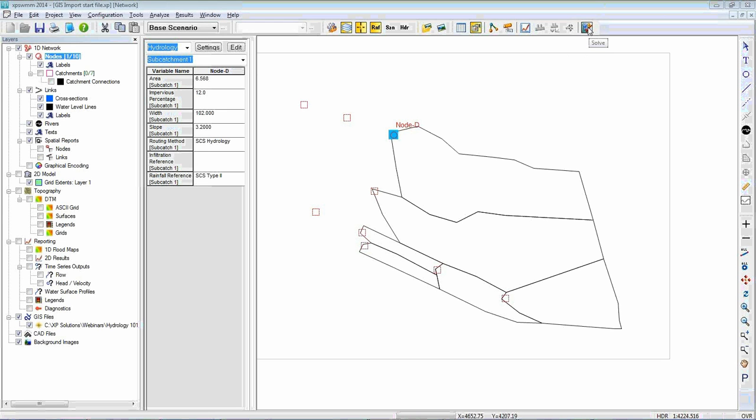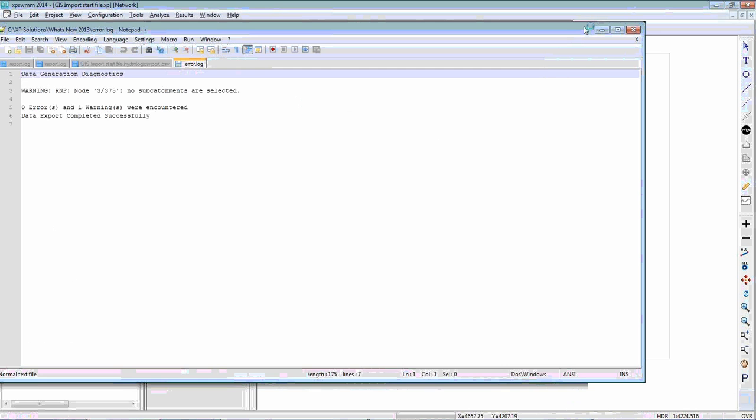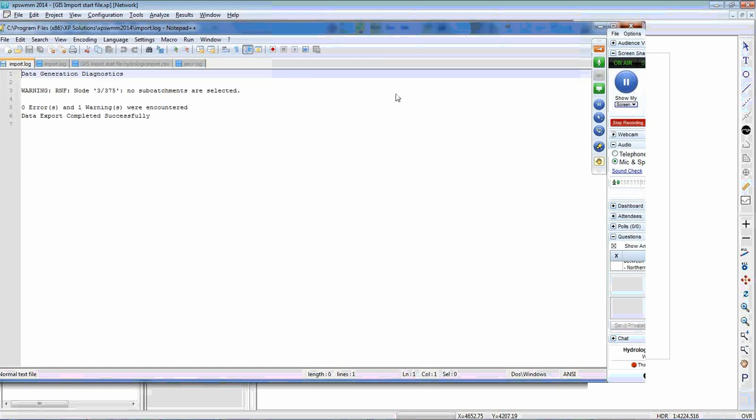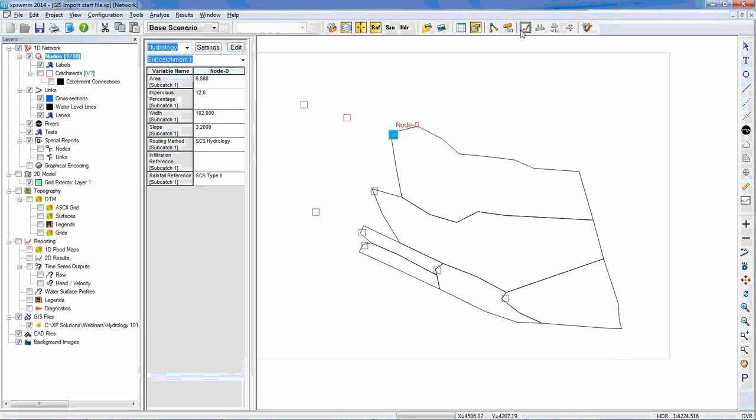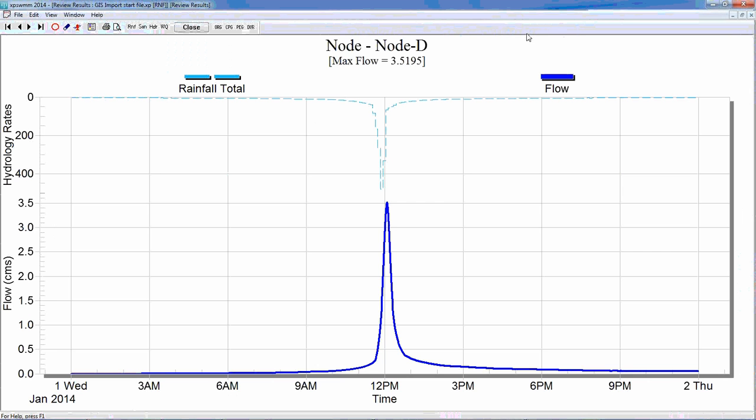I'm just going to solve this particular model. Obviously missed a node there, but that's okay. And I'm going to review this particular catchment's results. And so from this 6 odd hectare catchment, I'm generating a peak discharge from this particular pattern of about 3.5 cubic metres per second. And so that's a very simple way of getting our hydrology results using our tool,